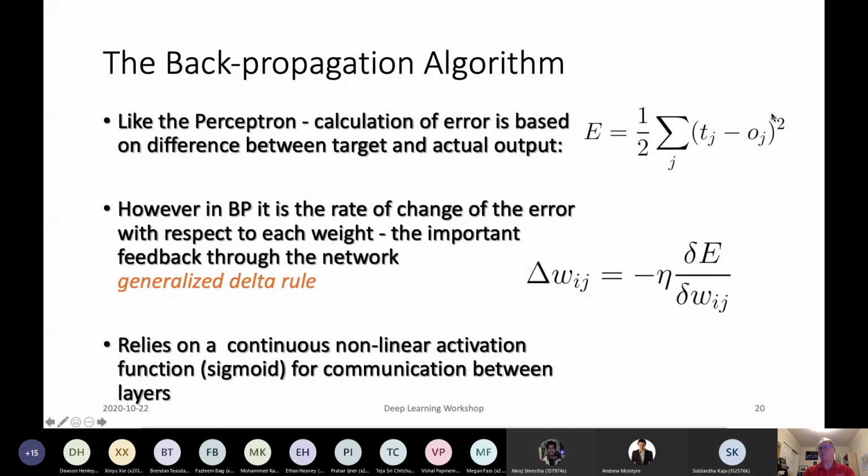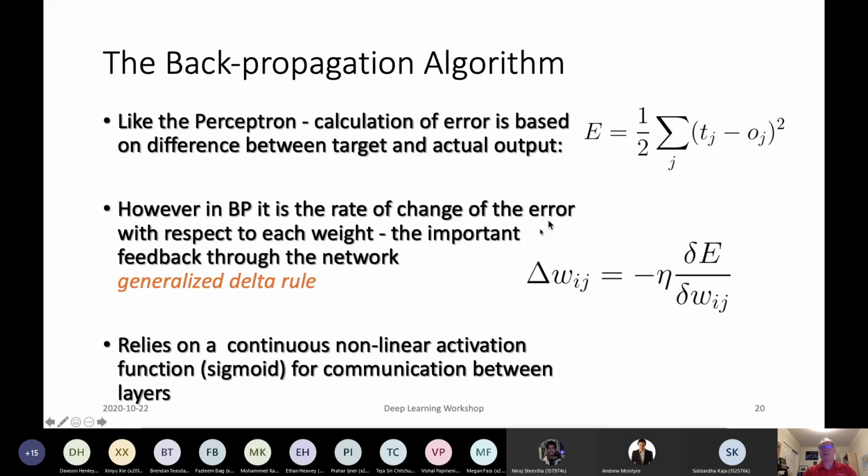Now, the error is given to us by the same formula that you saw in the Python code. It's 1/2 times the desired target value minus the actual output of the network. For each example, we would have a target output and the network would produce something for it. We take the difference between those, and we square it because that emphasizes the big errors. And then if we have multiple outputs, as well as multiple examples, we have to sum them all up.